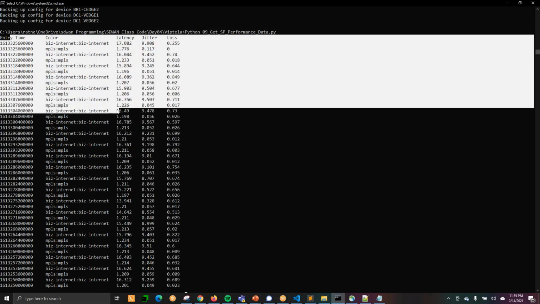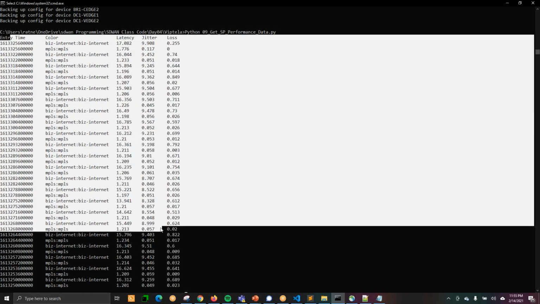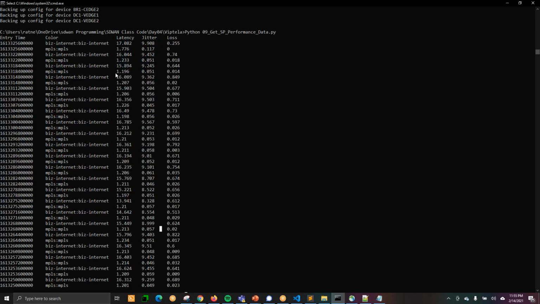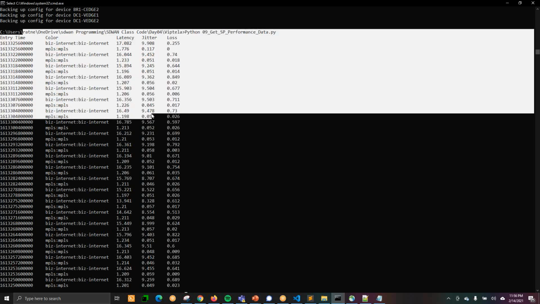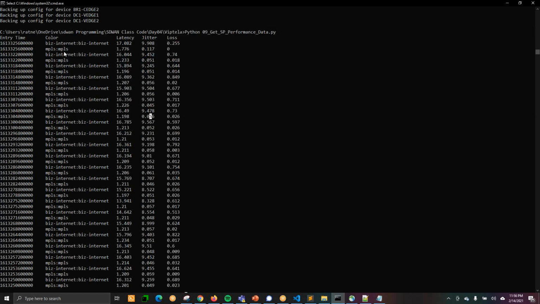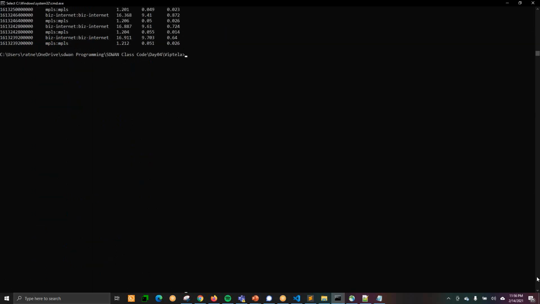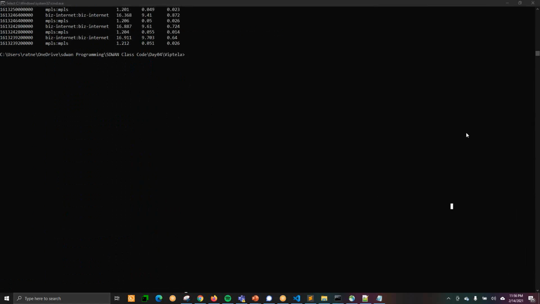You have a nice table. Again, you can print this in a tabulate format as well. So you can improve this code, but still you can see the code is working, and it is giving you columns: time, color, loss, latency, and jitter output. Correct? Yeah, good. So let's go back to